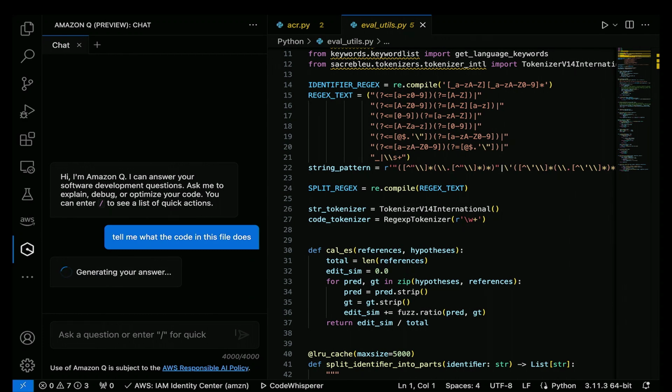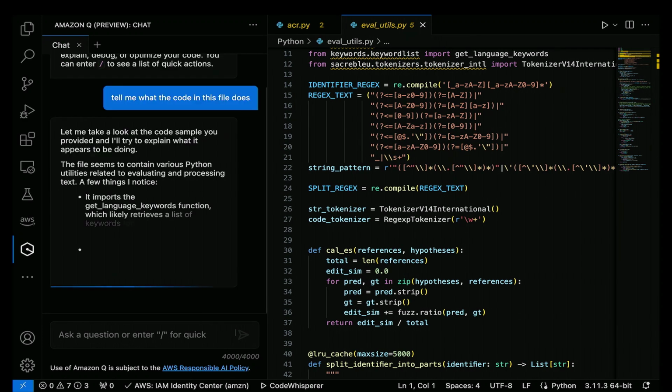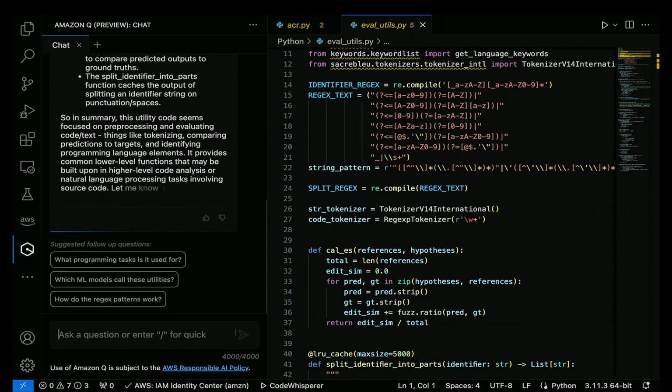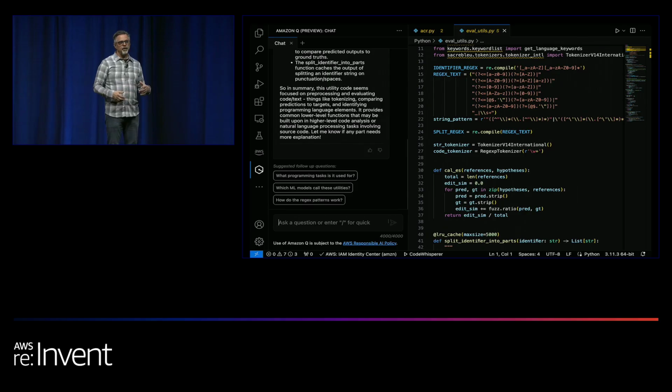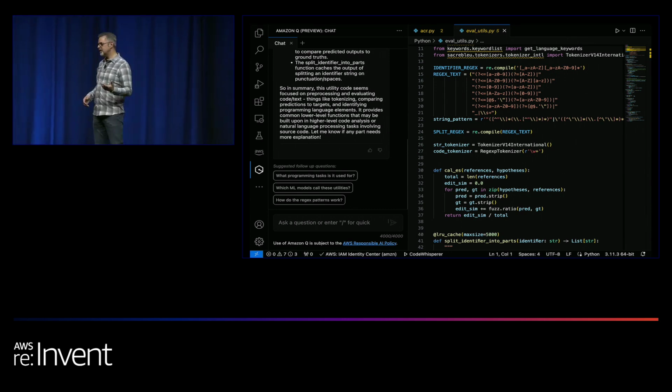Q has the context of what you're working on in your IDE, right? So we saw earlier, I said, hey, write these tests according to these parameters. I could just as easily have said, hey, write these tests according to this function, and it would have looked at the function and done the same work. But I wanted to make sure it covered all my edge cases, so I gave it all the parameters. But in this case, I'm saying, hey, look at this code file. Look at that.